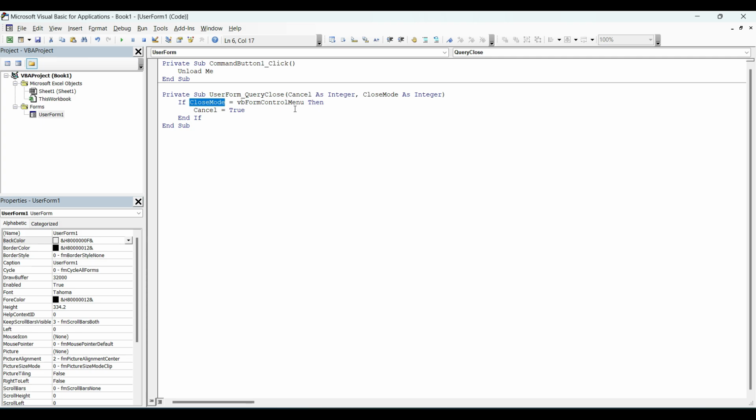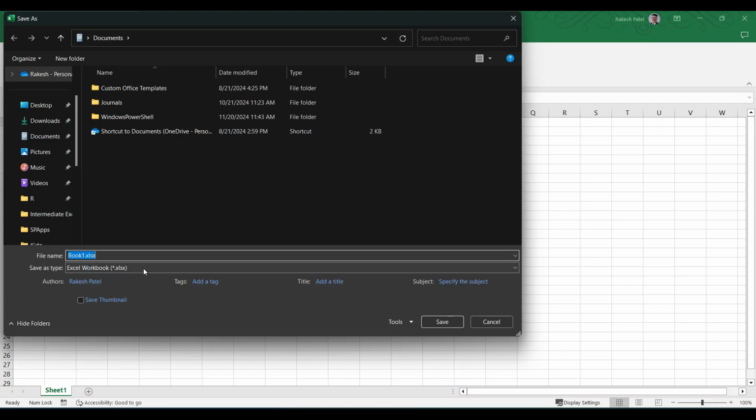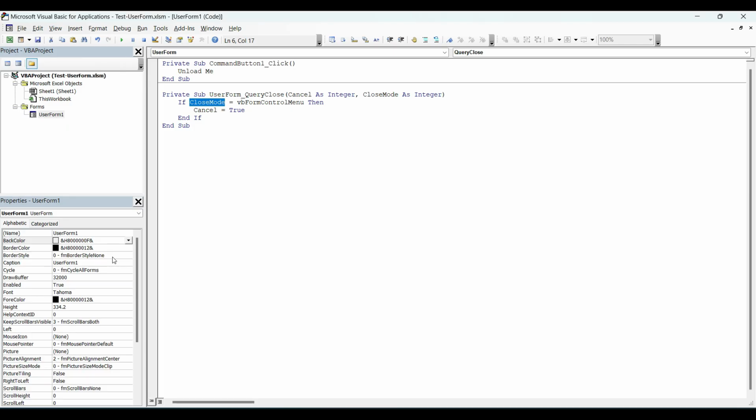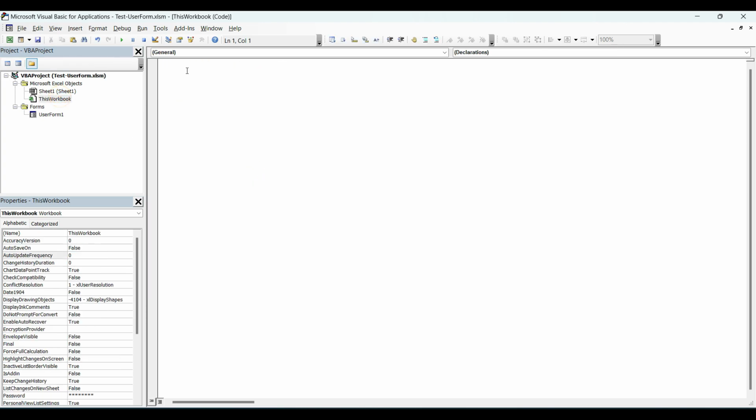Let's move further. Now we need to save this file as a macro file, XLSM. I'm putting it on my desktop, Test user form. So that's it. One more thing we need to write: whenever the workbook is loaded, it should run UserForm1.Show.